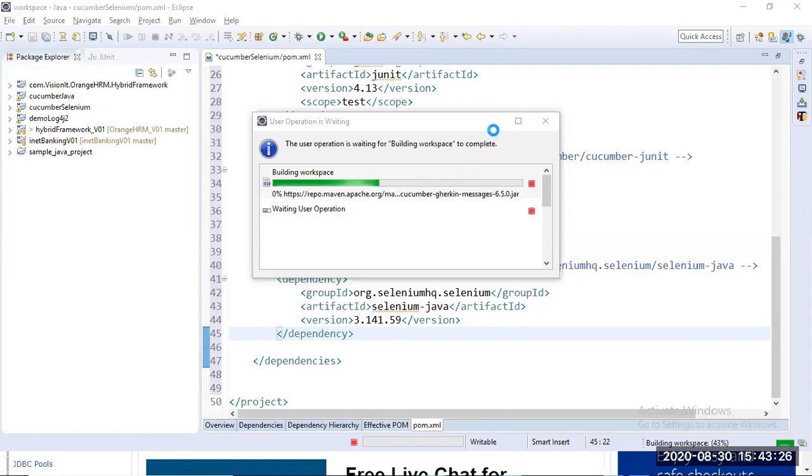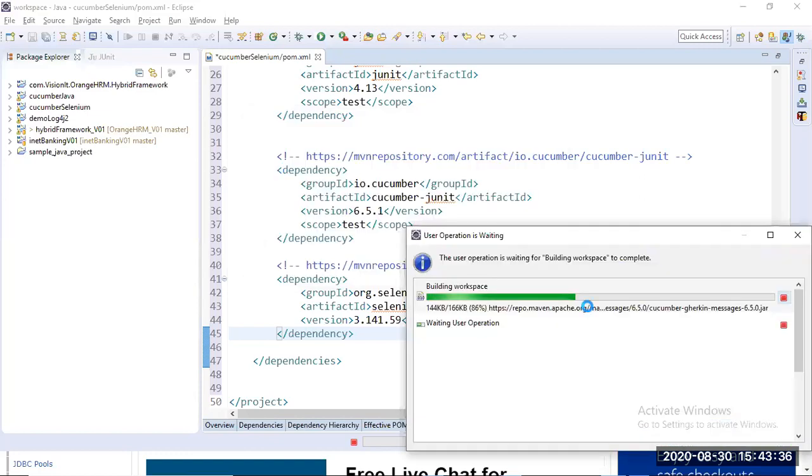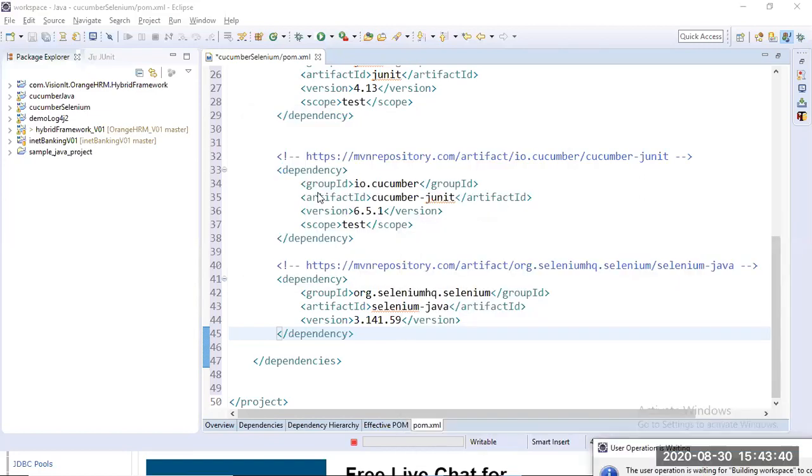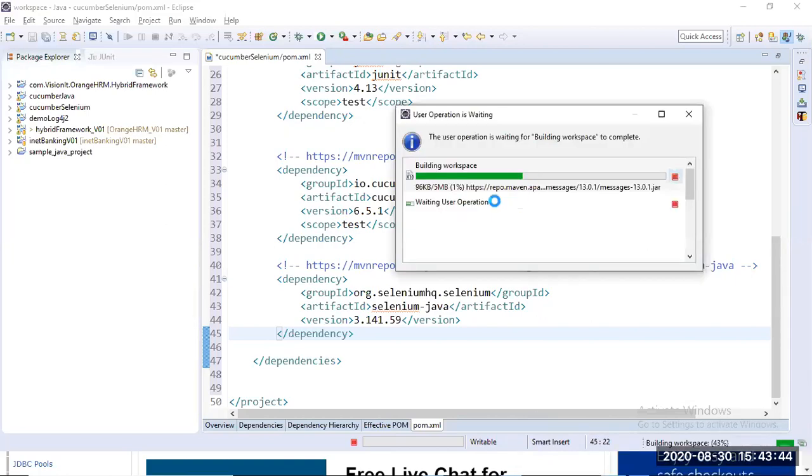So let's see. The operation is waiting. It has to go on. Okay, this is all the dependencies we have added. Oh, it is coming. It has to go on in the background. So let's see, we'll wait to update it.